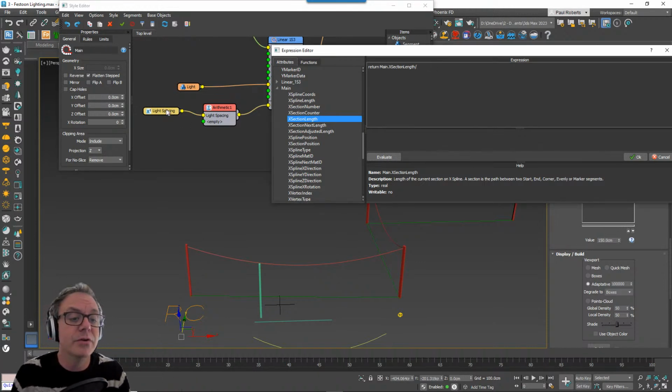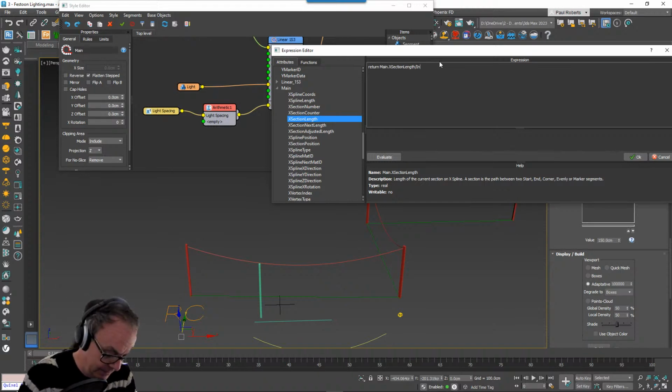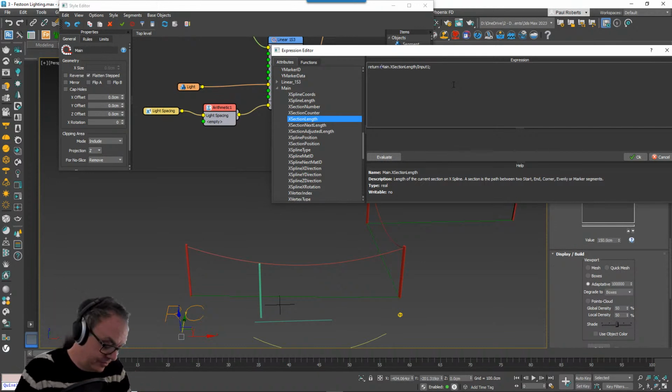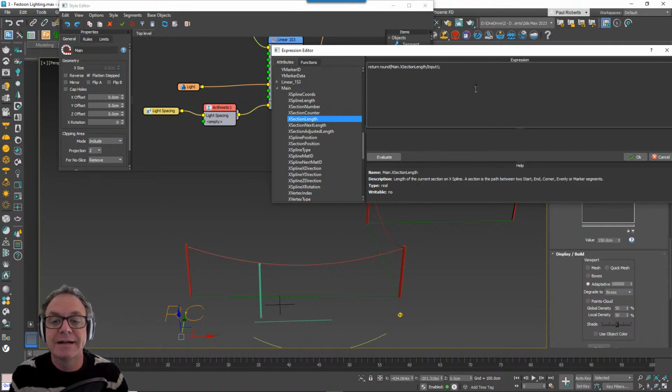So in order to access that, these are inputs here, and they're simply numbered. So because this is the first input, it's just input 1. Input 1, like that, and a semicolon. Now obviously at the moment this is going to return probably, you know, like a fraction. It's not likely to divide exactly into that. So what I want to do is round it to the nearest integer, the nearest whole value, and I can just type round for that and then enclose the sum in brackets. So I'm just rounding it down to, or up to the nearest whole value, and hit evaluate.